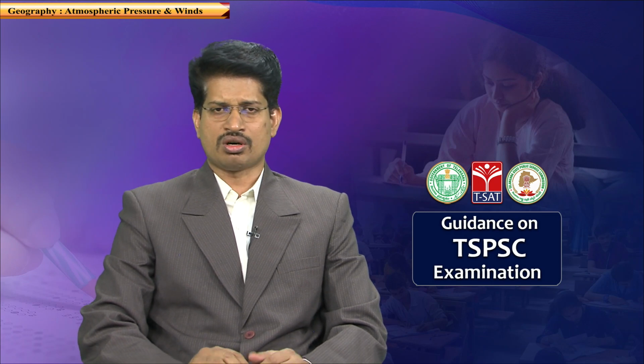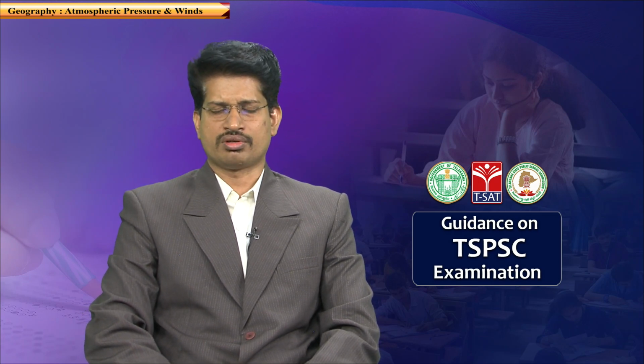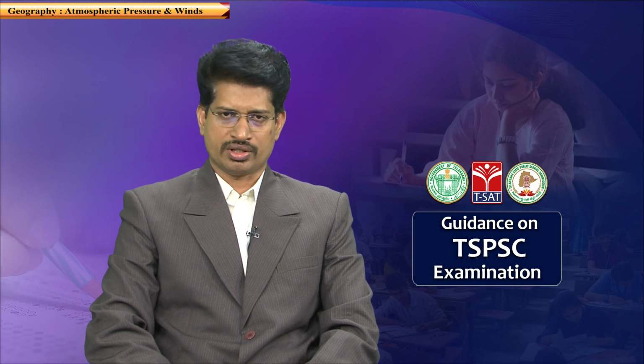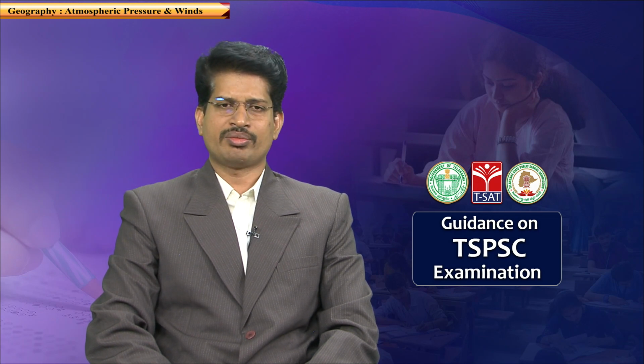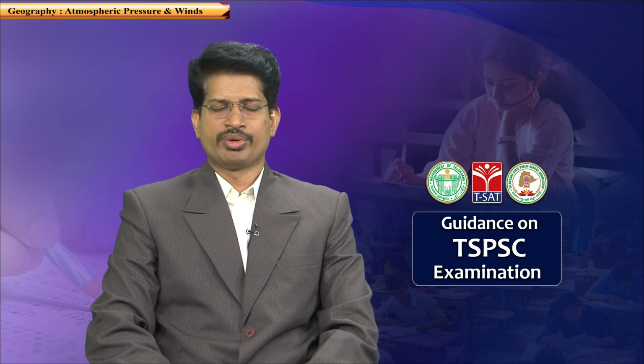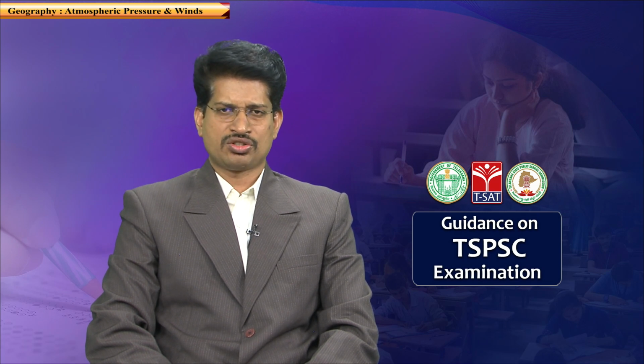So, the intertropical convergence zone always follows this thermal equator. This thermal equator oscillates to the north and south of the geographical equator because of a phenomenon known as the apparent migration of the sun, because of the tilt of the axis of the earth